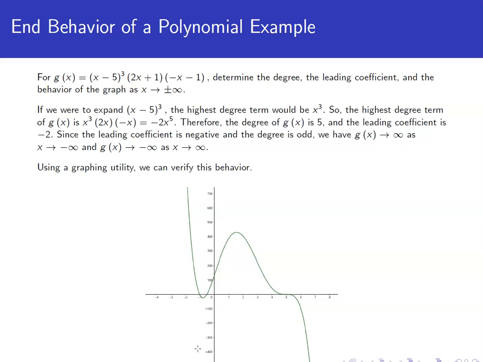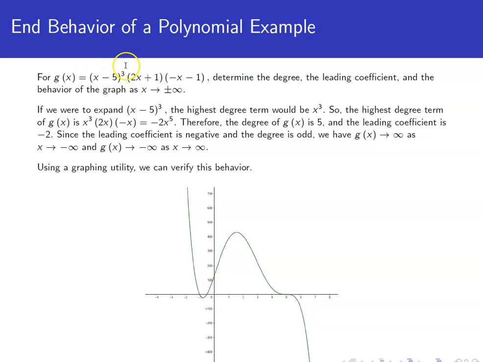Alright, let's consider the degree first. If we look at just this first factor with the cube, if we were to multiply this out, the highest power of x that we would see would be an x cubed. Then we have to take that x cubed and multiply it by this 2x and this opposite x. So by the time you multiply all of this out, you're going to get an x to the 5th term. As far as the leading coefficient goes, well, this would have a leading coefficient of 1 on the x